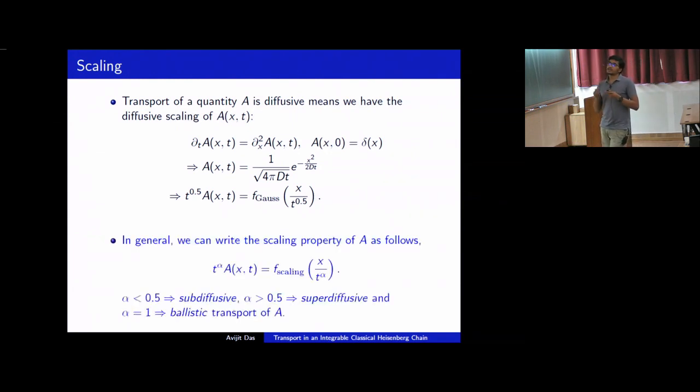So in general, when we do not have this diffusion, we can still write this kind of equation. Why? Because generically you will always see this kind of behavior, and when we have this kind of behavior, we can write that kind of equation. And two quantities are emerging: one is the scaling function and one is the scaling exponent. And depending on this exponent, we can